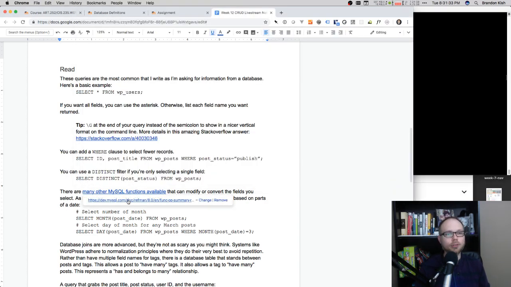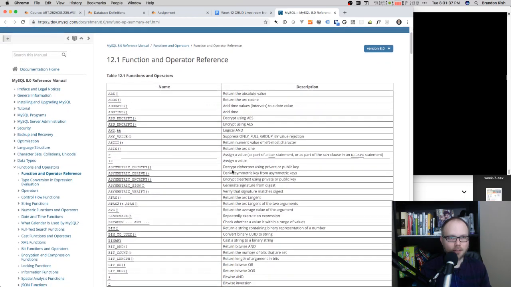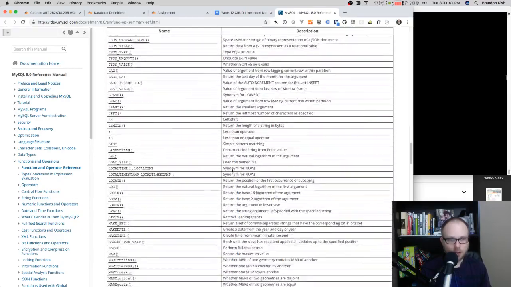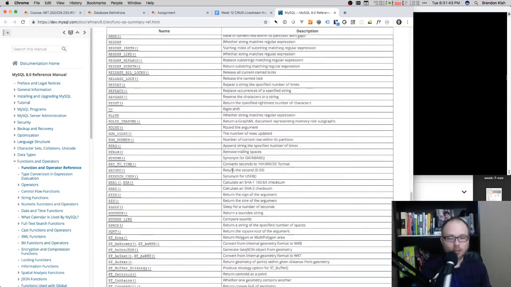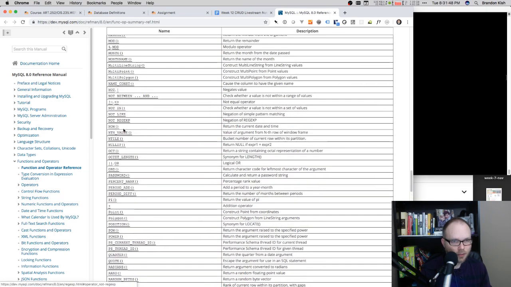If you want to get a feel for just how many functions there are in WordPress, you can click on this link in the document and you'll see that it's a very, very long list. It's often helpful for running a test on something like, I think I saw is null in here, or something like that.